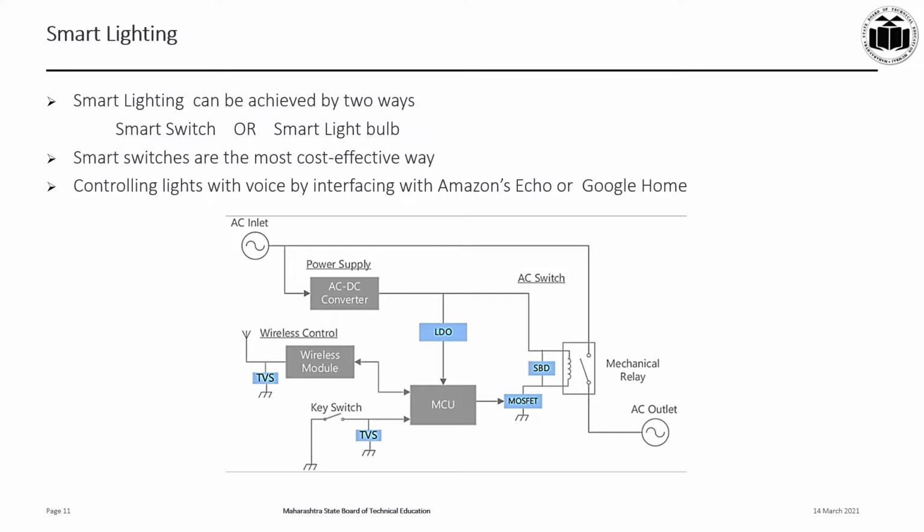Smart lighting systems are controlled with a smartphone or tablet with the apps. A smart light system can also easily interface with Amazon Echo or Google Home, and these platforms are used for voice assistance. For example, if you want to turn off the lights with Amazon Echo, we can say the command, Alexa, turn the light off, and it will turn off the light.